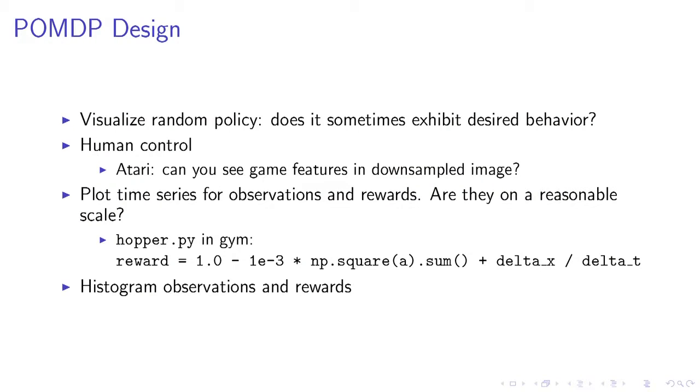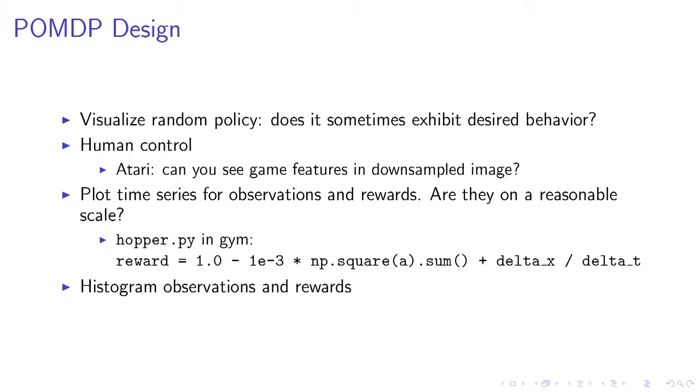There's also the problem of exactly how to turn your problem into a POMDP in the first place. So often it's not clear what your observation feature should be, and it's not even clear what the reward function should be. Or it's not clear if this problem you're trying to solve is feasible at all. So let's say you have some game or some robotics task or something new, and you want to turn it into a reinforcement learning problem, but you're not sure if this is feasible at all. So the first thing to do is to just visualize a random policy acting on this problem